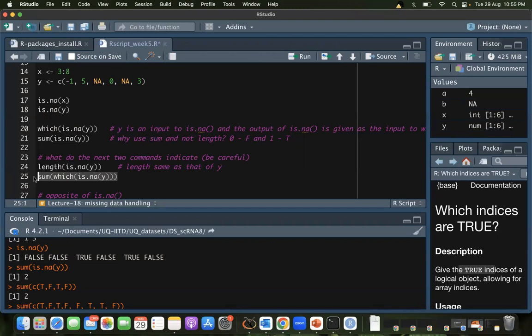And can you tell me what this is going to give us? So let's see it one by one. If you can do it mentally, well and good. But let's do it step by step. So now this is an example of 3 commands, one within the other. You can write it in 3 different lines also. You can save the output of the first one as, let's say, variable A. You give that to the second function.